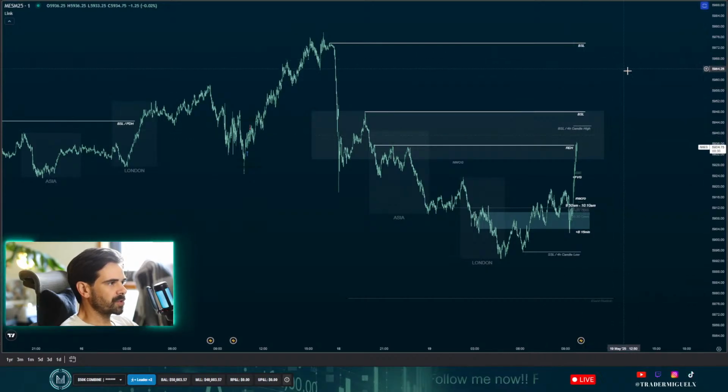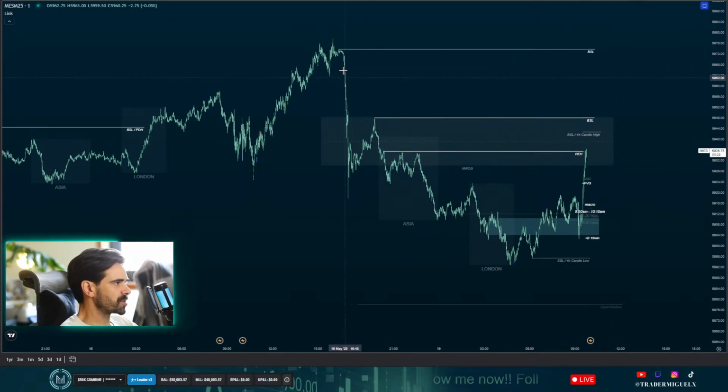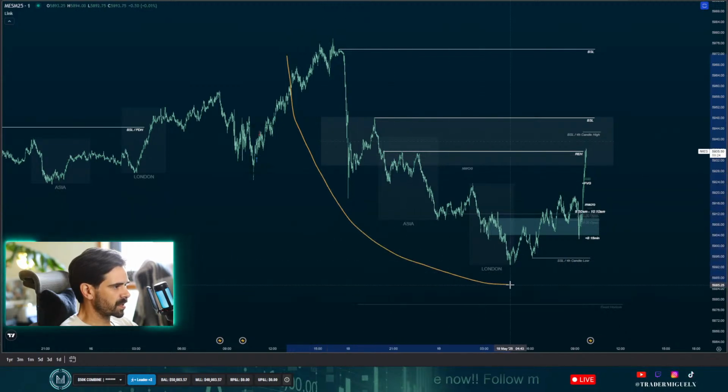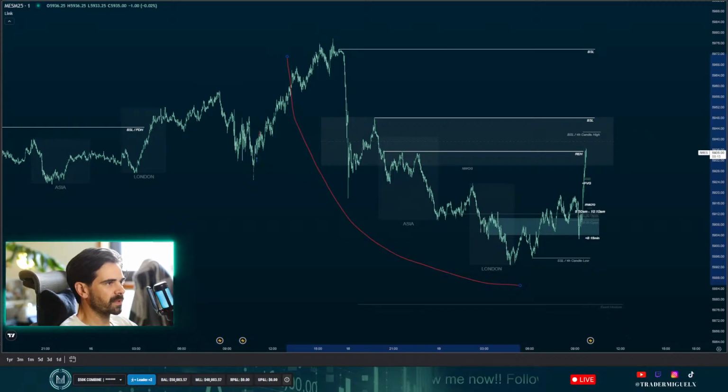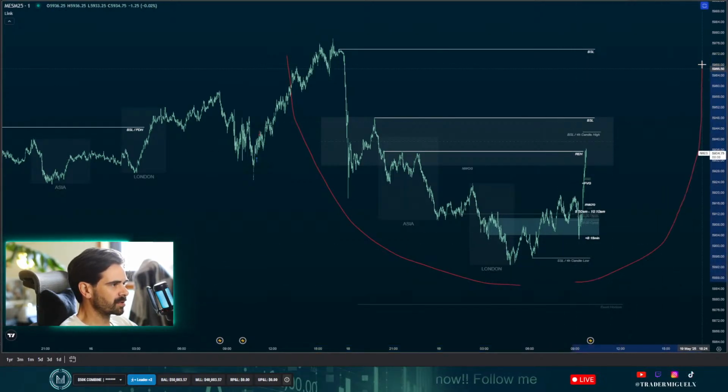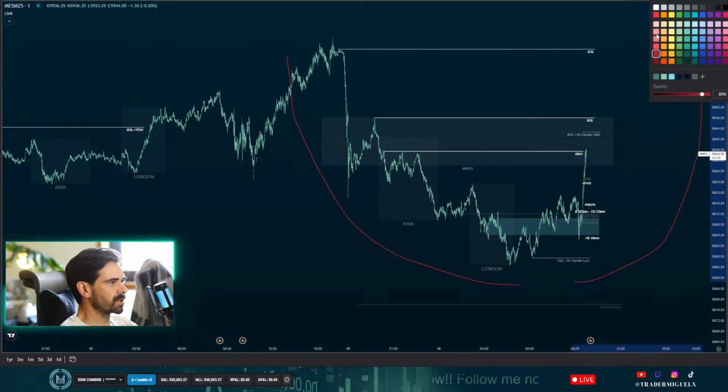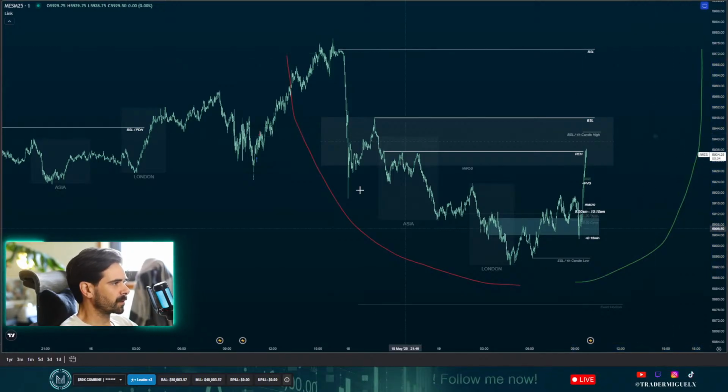So if you want to see it from another perspective, I can see the sell side curve, and I can see, oops, this is the sell side curve, and I will mark now the buy side curve, which is this one. So I can see things framing just like this, the sell side curve,